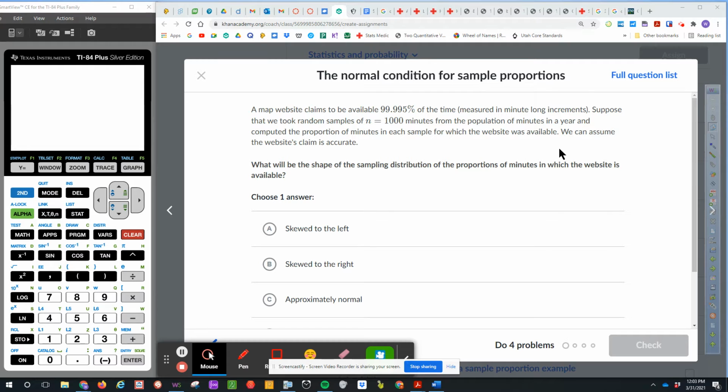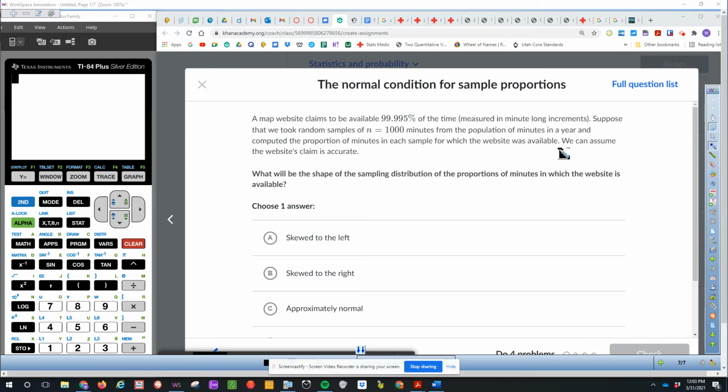And we computed the proportion of minutes in each sample for which the website was available. We can assume the website's claim is accurate. And so what will be the shape of the sampling distribution of the proportion of minutes in which this website is